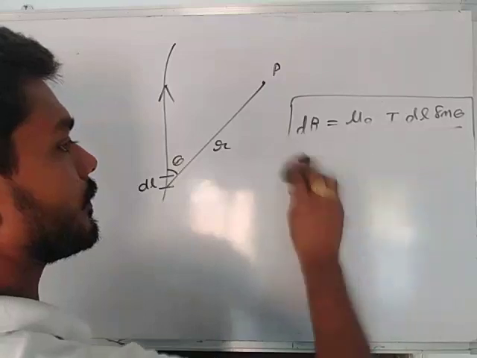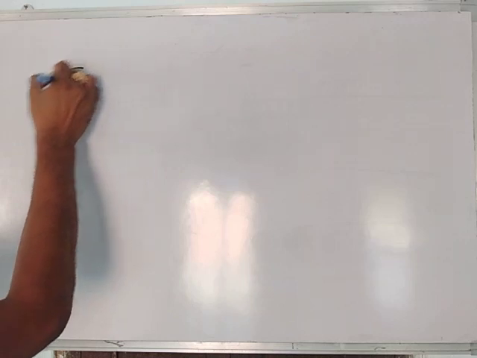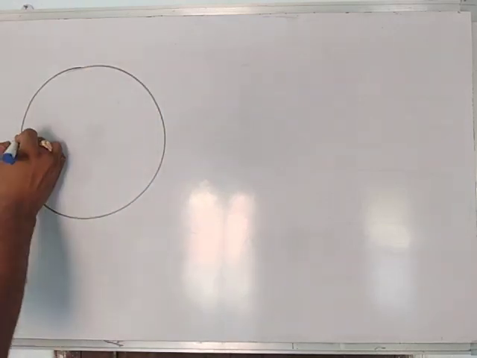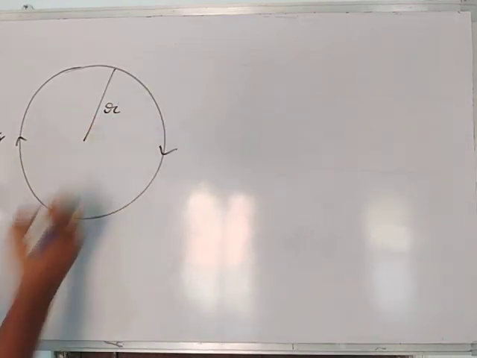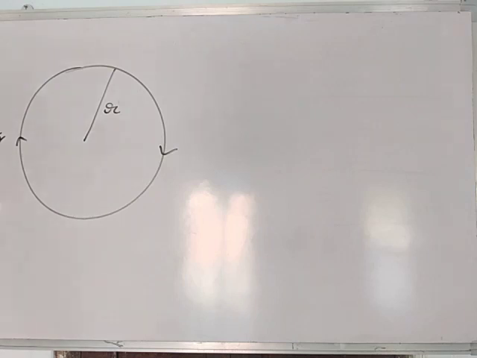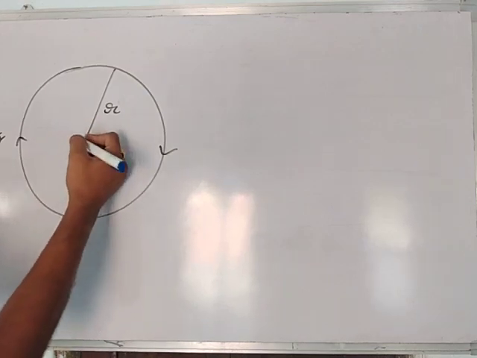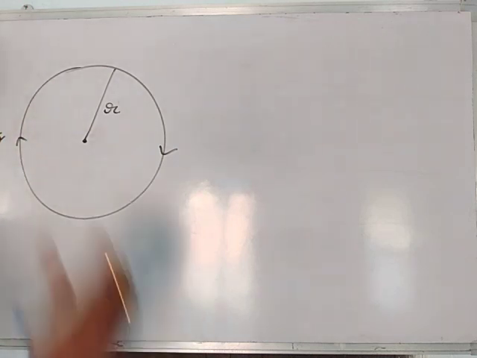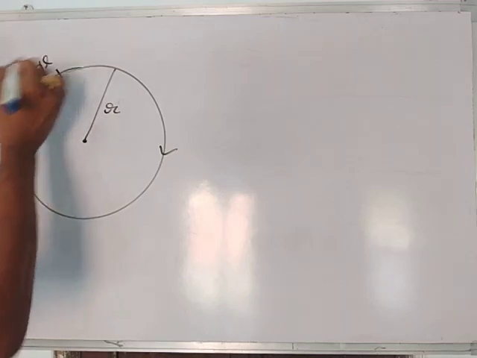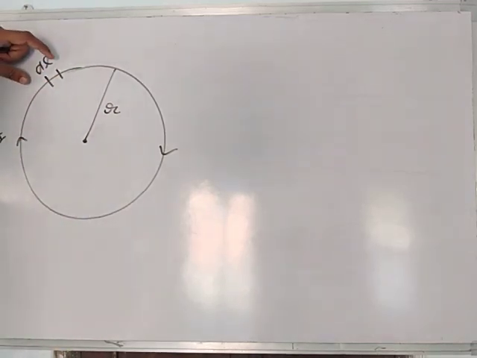Consider a circular loop which carries a current I and whose radius is r. We want to calculate the magnetic field at its center. First of all, we will consider a small element dl, because Biot-Savart law is applicable for a very small length element. Consider a length dl,